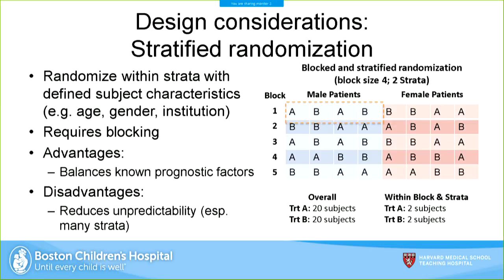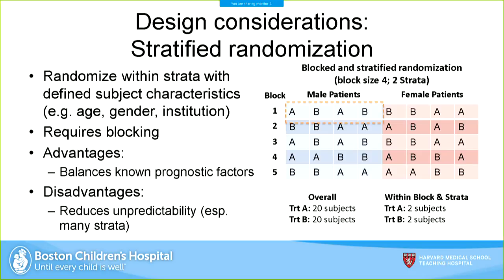And then finally, there's stratified randomization. This is where you're going to randomize within certain strata defined by some subject characteristic. Could be age, could be gender, or in a multi-center study, it could be the institution that the patient is in. So in the example here, I've done a blocked randomization, and usually with stratified randomization, you would also need to